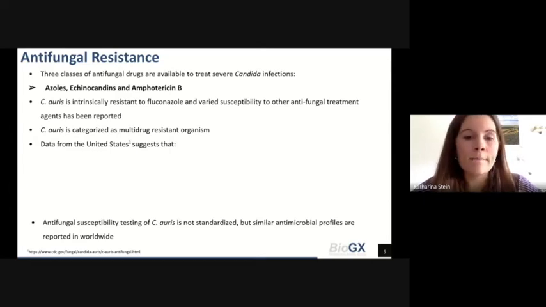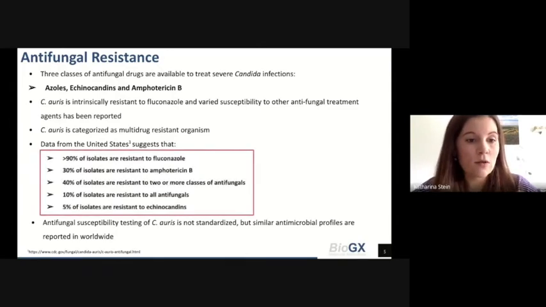And susceptibility to other treatment agents has also been reported. So this makes Candida auris a multi-drug resistant organism. And there is some data from the United States that suggests that over 90% of isolates are resistant to fluconazole, 30% are resistant to amphotericin B, 40% are resistant to 2 or more classes of antifungals, and 10% are resistant